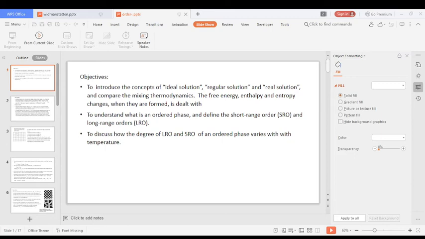So this is where, in that condition, we are saying that L is equal to 1. And similarly, we call L is equal to 0 for a completely random distribution. So in the case of a copper zinc alloy with a completely random distribution, the probability of occupation of a given lattice site, irrespective of wherever it is located, is 50% probability for copper atoms to be located there, and 50% probability for zinc atoms to be located there.